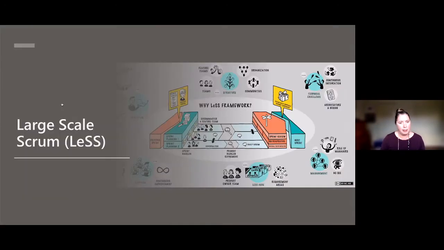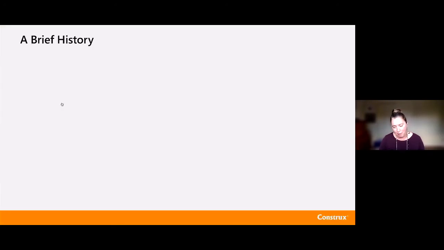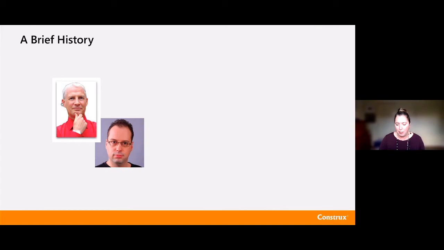So with that, let's spend a little bit of time on the different scaling frameworks. We're going to start with LeSS and then talk about Nexus. I really think about these two as the simplest way to scale Scrum up. They look a lot like Scrum, they feel a lot like Scrum, and they have a really strong background in Scrum. So LeSS comes out of Craig Larman and Bas Vodde, who were teaming up together in the mid to